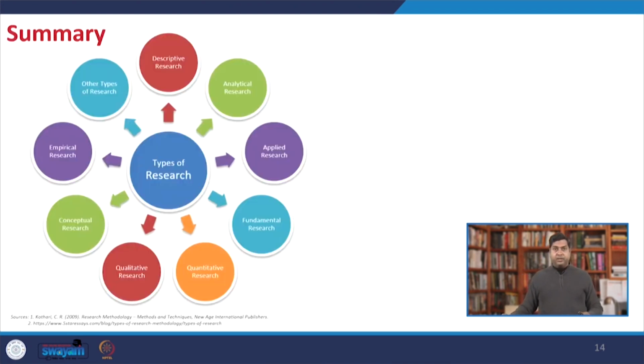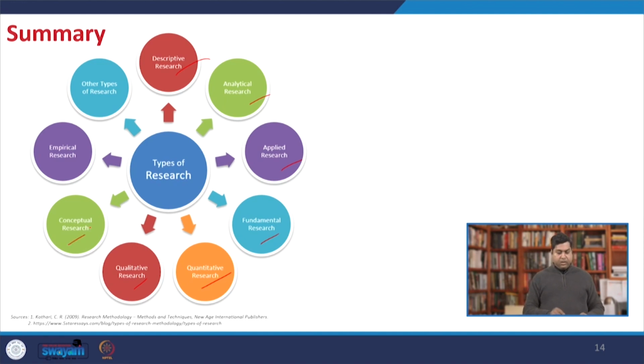Now coming to the summary. We have discussed various kinds of research: descriptive research, analytical research. Descriptive, in short, is just the description, for example, the frequency of some kind of trip, or the male female distribution in a region. Analytical is where we analyze the thing. Applied research is a much more practical one. Fundamental research makes advancement in the basic and fundamental areas of research. Quantitative deals with quantitative data and numbers. Then you have qualitative assessment, where you can have observation, survey, focus group discussion, public participation,